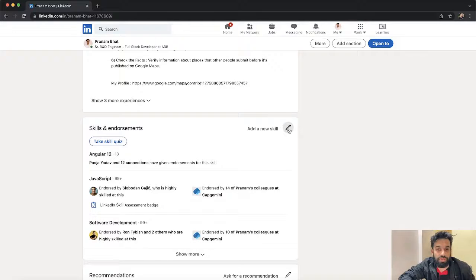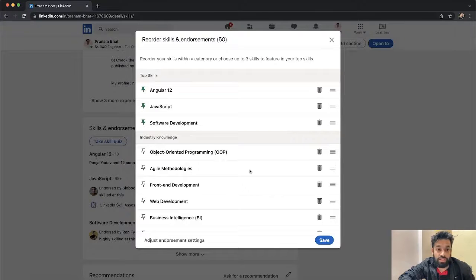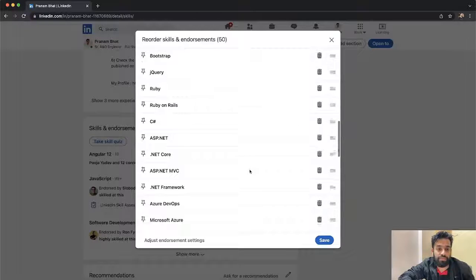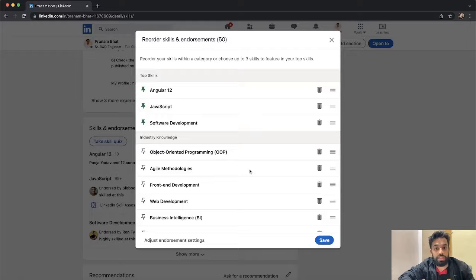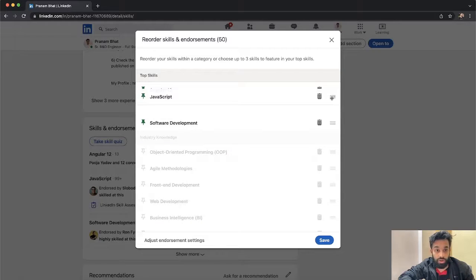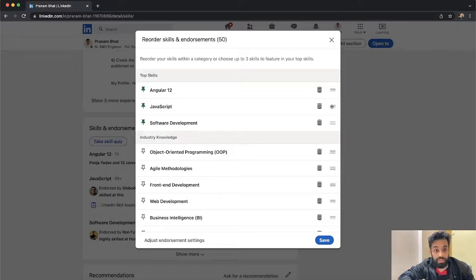Once it is saved, you can see the list in the edit section. The list will appear like this. Once it is done, you can drag and drop them as per how comfortable you are with the particular tech stack.